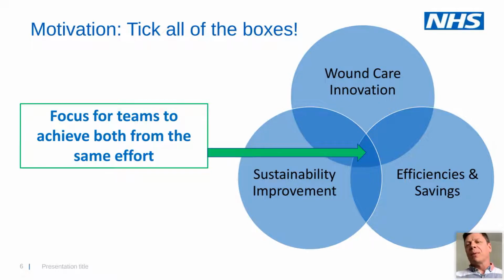that if people are compelled by the need to achieve sustainability and to hit that net zero target, people who are motivated by that, perhaps all they need to hear about is that this is going to help you with net zero, and that'll be enough for them. But that's not enough for every single person. Each individual is motivated by different things. So if you just focus on the sustainability aspect, you'll win over some people, but you won't win over them